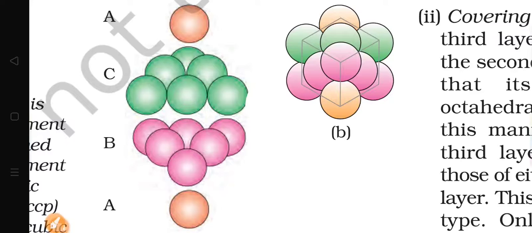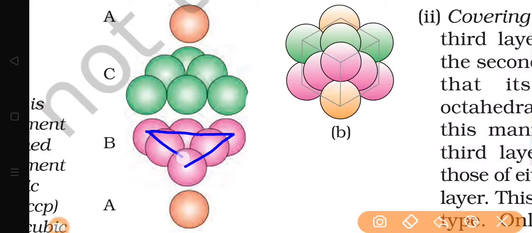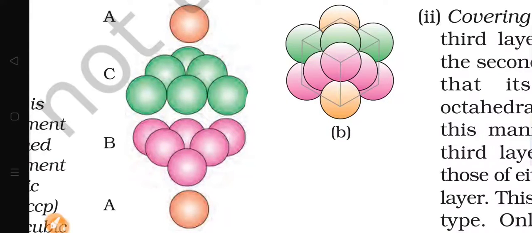As here, first note that from the B layer we have 6 spheres which create a triangle like this, and from the C layer we have again 6 spheres which also create a triangle but in the opposite direction. Okay, now let us try to find this type of shape in our 3-dimensional figure.